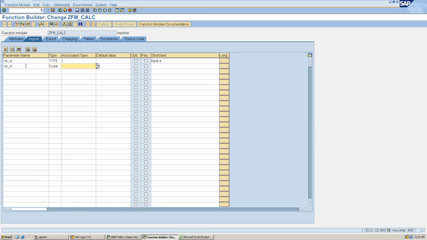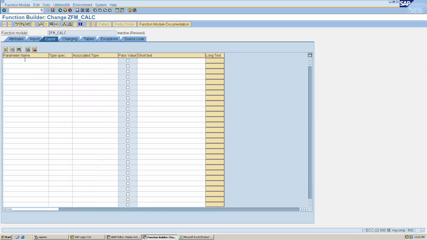The first time you see it, it is a little bit confusing, but when you use it, it will be easy. So input, this is the widely used FM. Then I am having imc, and the type is again I, and I'm making this optional so that we can understand what input C is. My exporting parameter is output, for example, and the type is I, and the text is output result.